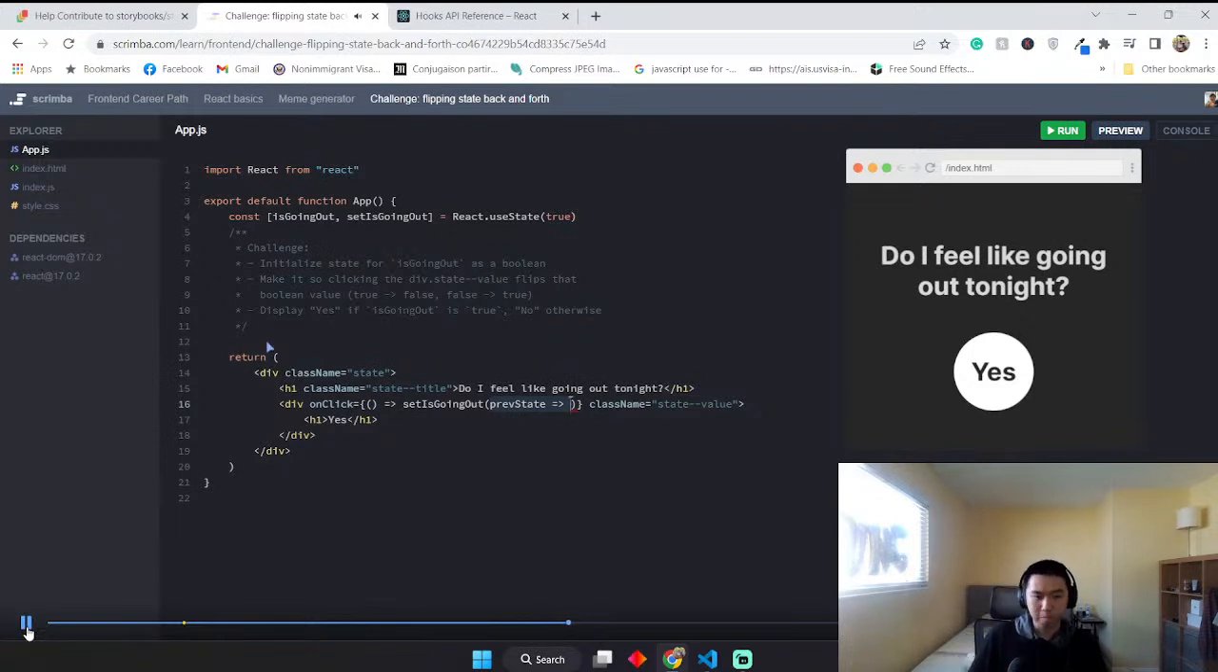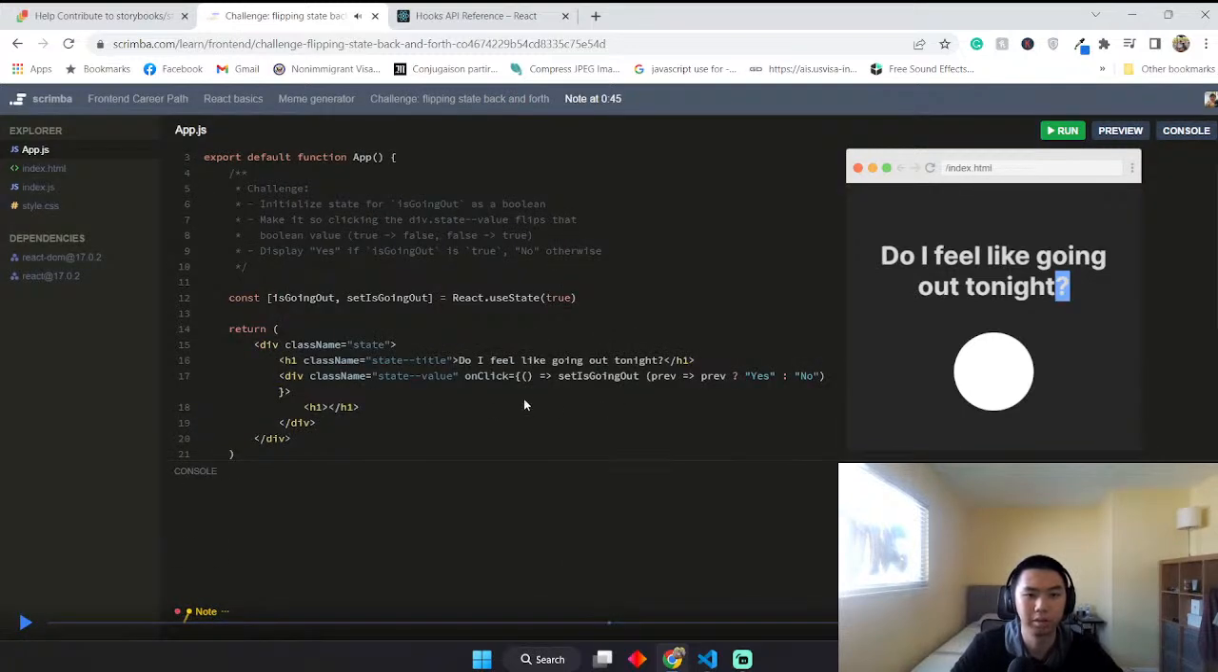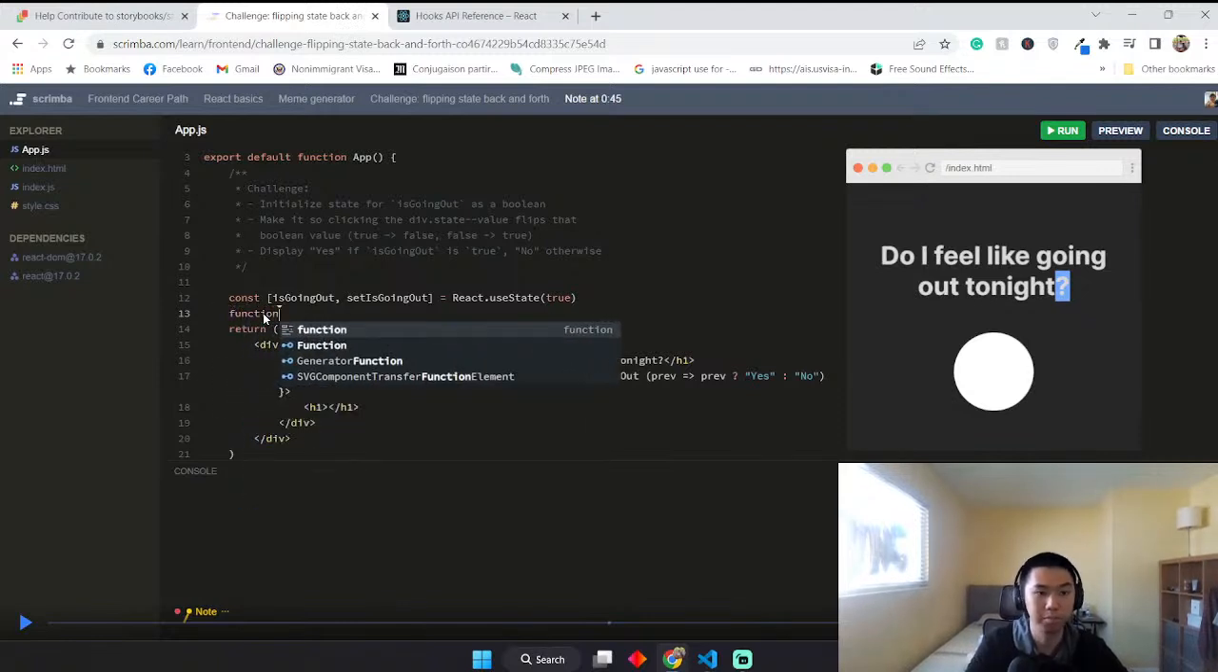So I'm going to move this to a function out here. Let's call it change mind. And it's going to run set is going out. And then I can replace this all with just change mind, which looks a lot more concise, and to me, okay. The function called change mind,